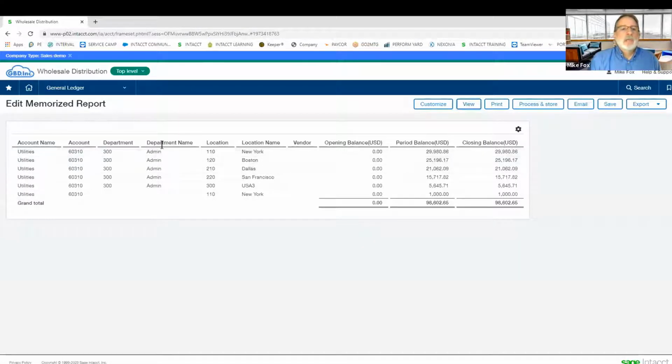And you can see on this report that the transactions posted for that time period to the utilities account all have a department and a location, which is really good, except this last transaction does not have a department associated with it. So in a financial report where a column is set up to show department results and this transaction was not tagged, that report would be $1,000 short. So this is a really nice tool to help you identify how you're doing as far as tagging